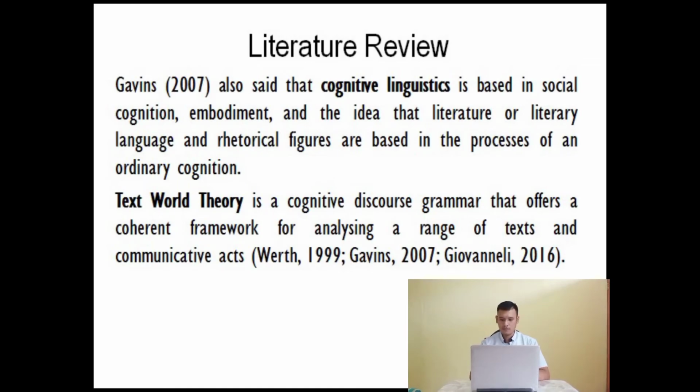And in the literature review, it can certainly be noticed that the theories we used are only two. The first is cognitive linguistics, and then the text world theory. Also, Gavins said that cognitive linguistics is based in social cognition, embodiment, and the idea that literature and rhetorical figures are based on cognitive processes. And text world theory, which was first introduced by Werth in 1999 and then developed by Gavins in 2007, also by Giovanelli in 2016, is also in the cognitive stylistics,